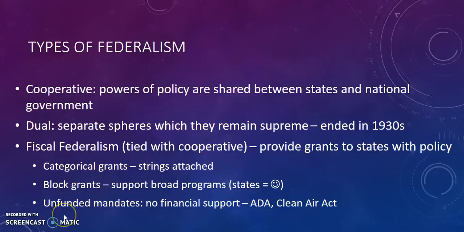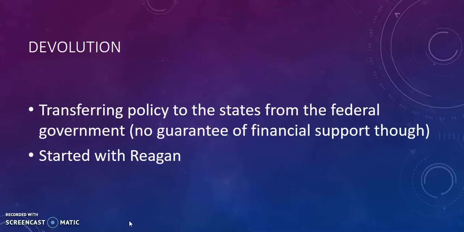That's block. One thing that fiscal federalism is going to impact the states negatively is with respect to unfunded mandates. This is where the federal government is going to say you have to, for example, under the Americans with Disabilities Act, renovate all new public buildings to accommodate people who are handicapped. So imagine what that means, installing elevators. Well, that's a lot of money to install an elevator, and the federal government is not going to provide any support.